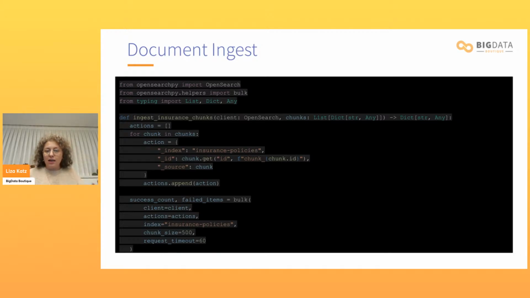So in order to finish the first step and to ingest data for later consumption, we're going to connect to an OpenSearch, create an index, which is not shown here. I'm just assuming it was already prepared for me. And then we have our chunks. So we have our documents that are processed, cleaned up, chunked up into pieces, embedded with vectors. And all of those fields, I'm going to index into the document. I'm using the bulk API here, which is very easy.